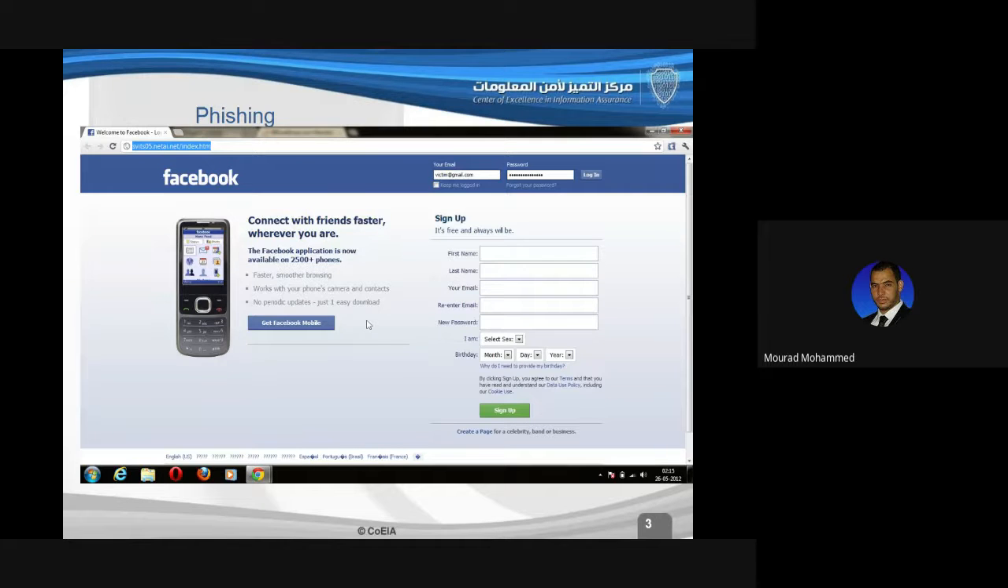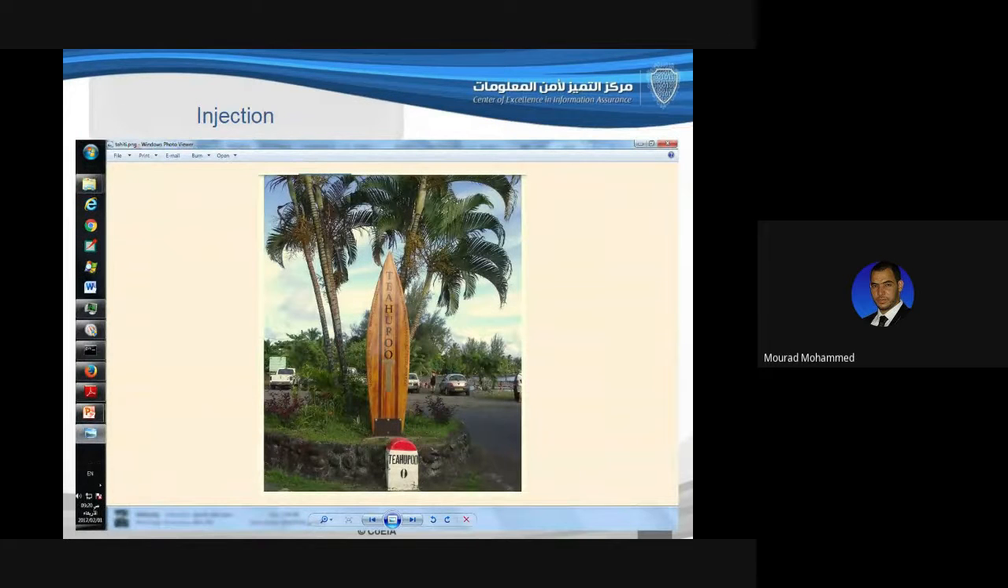Let me go on to the next security perspective view, security scenario, which actually